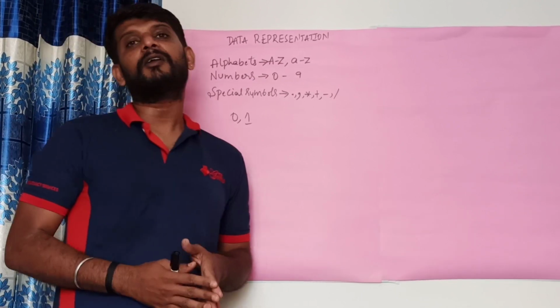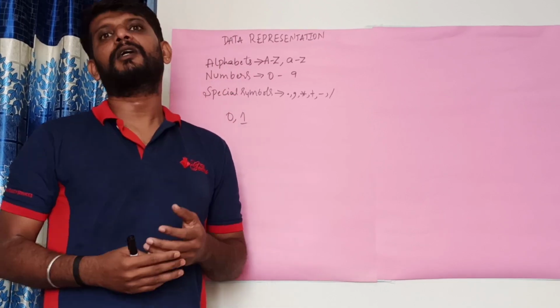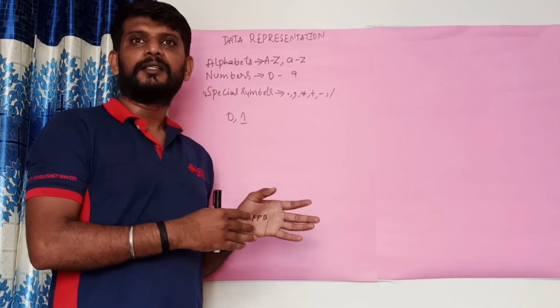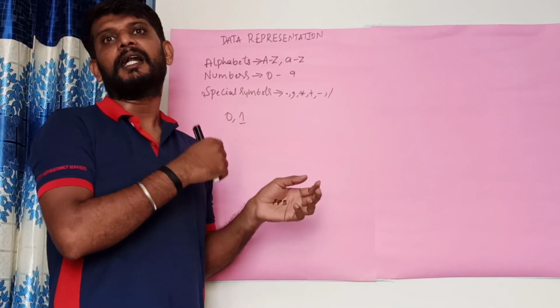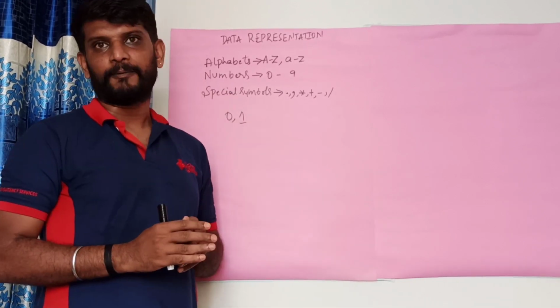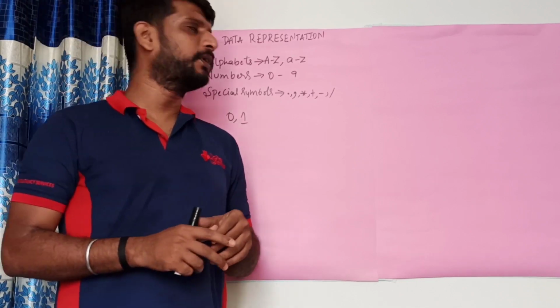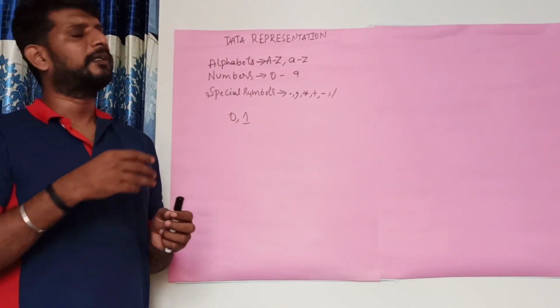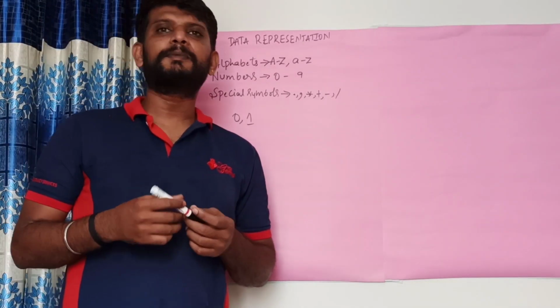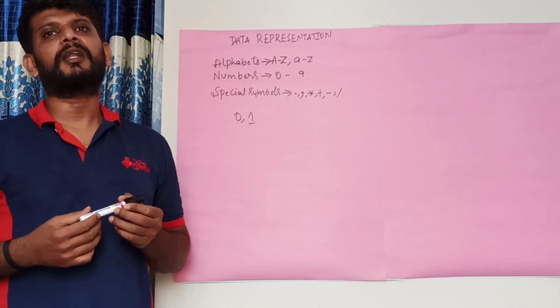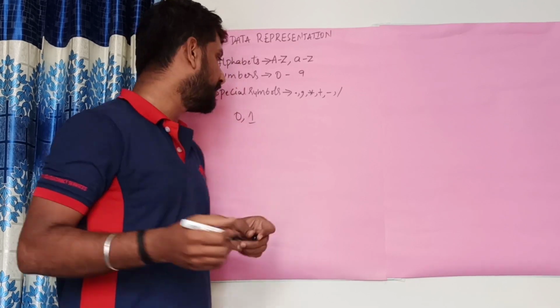So the thing you have to remember is, whatever data you want to store gets converted into zeros and ones, and then it gets stored in the computer. Now let us move to the actual topic. In this particular chapter, the first topic will be the types of number systems. There are two different kinds of number systems.